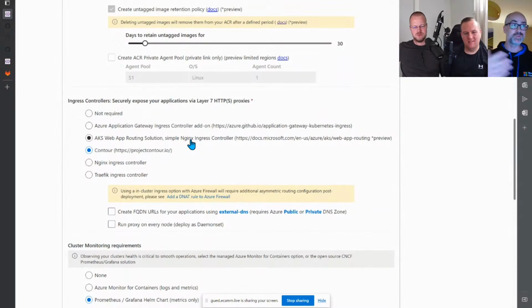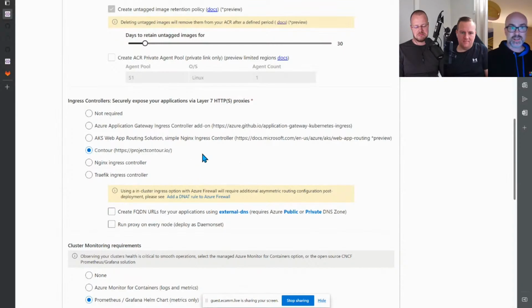So prescriptive, but meeting the customer where they are as well. Well-informed decisions. That's what you're trying to get people to, right? You already mentioned that at the beginning, which I think is a really good one because, okay, what are the trade-offs, right? So am I going managed and then I have less flexibility, but I also have less operations, basically, right? Or it's much better to ask someone why did you choose AGIC or why did you choose Nginx? It's better to say that and then have the conversation about it than just saying you should be using this because of that ill-informed, prescriptive kind of mindset.